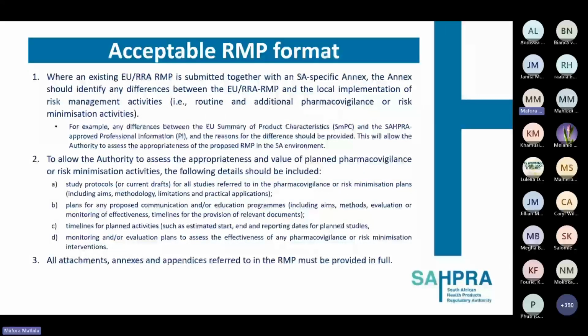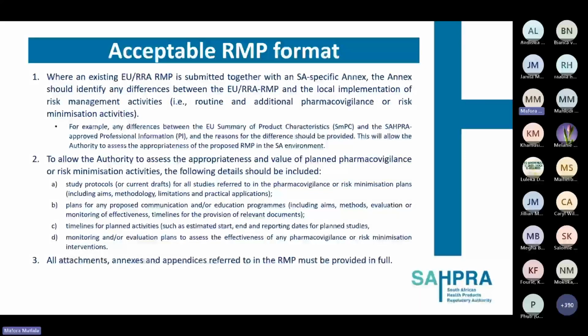Then secondly, to allow the authority to assess the appropriateness and value of planned pharmacovigilance or risk minimization measures, the following details should be provided. Study protocols or current drafts of all studies referred to in the pharmacovigilance or risk minimization plans,